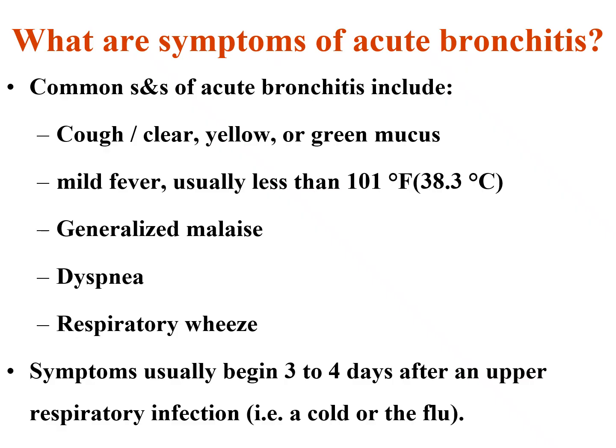Now, what are the symptoms of acute bronchitis? Well, common signs and symptoms of acute bronchitis include a cough, which could be clear, yellow, or green mucus, mild fever, usually less than 101, generalized malaise, dyspnea, respiratory wheeze. Symptoms can usually begin 3 to 4 days after an upper respiratory infection, like a cold or the flu, and